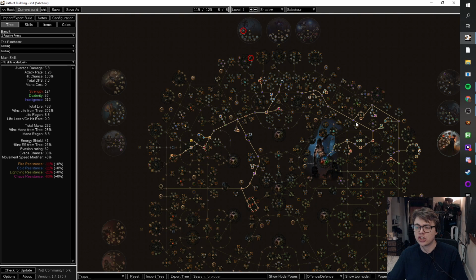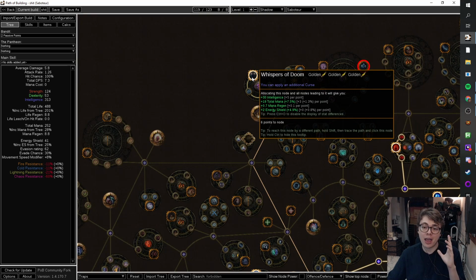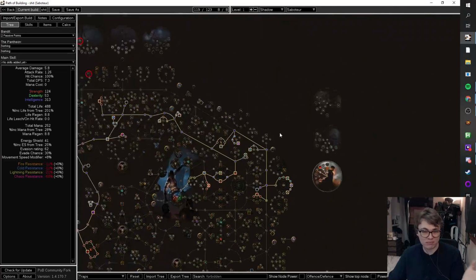Some builds which initially lose out, again, as I said, Ignite. If Wisp of Doom stayed where it was, with the vulnerability change, it would have been a really good time to play Ignite, because you'd have had access to Breath of Flames, Holy Fire, so you're in this part of the tree anyway. You're getting the nice little cluster jewels, and then you're picking up the extra curse. It would have been super tasty. Super, super tasty. But now it's over here, which...